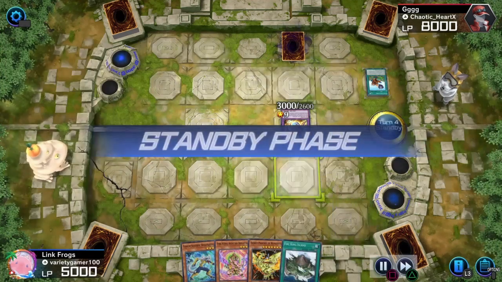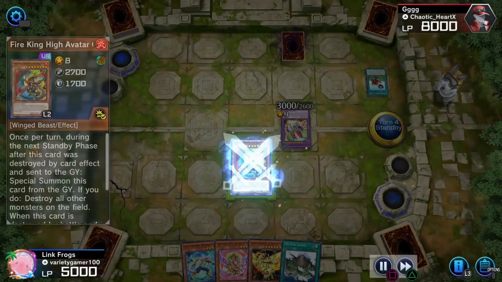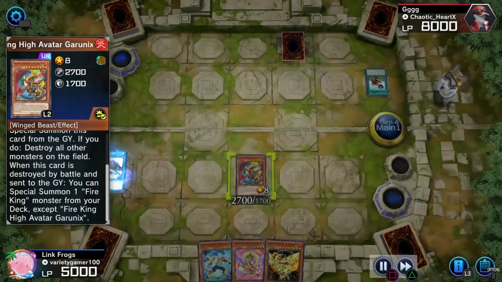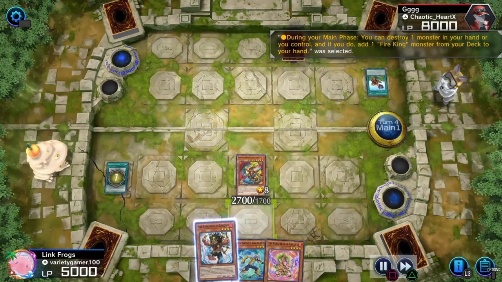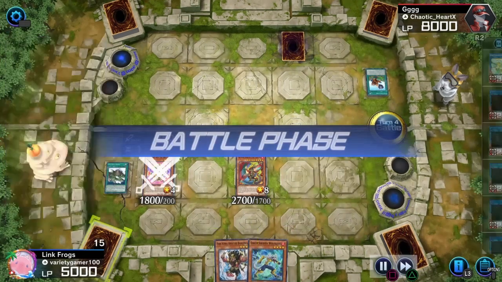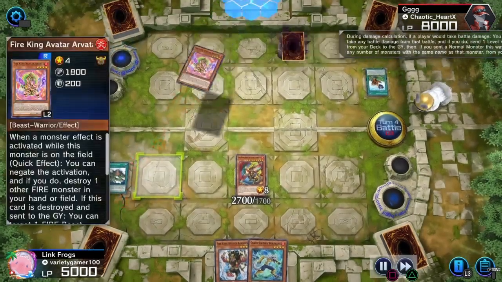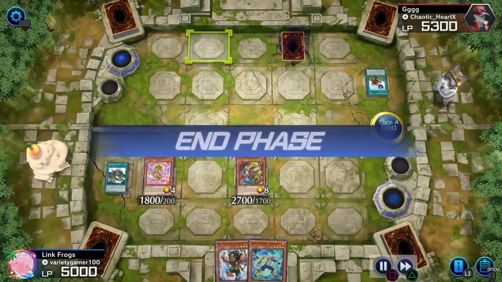But I guess I would have been able to get... Nowadays, Grunix getting destroyed by battle is actually not too bad. I guess before it wasn't too bad because... but now you have some pretty good options with being able to bring this out when it's destroyed by battle. But yeah, my opponent should have really